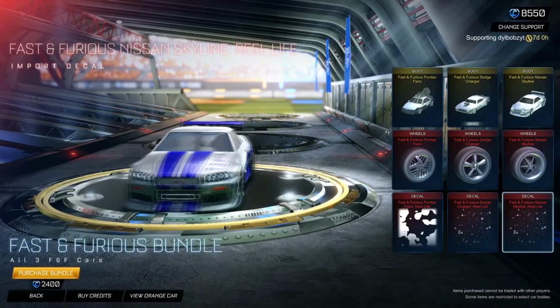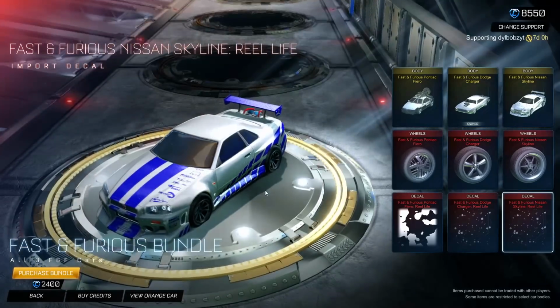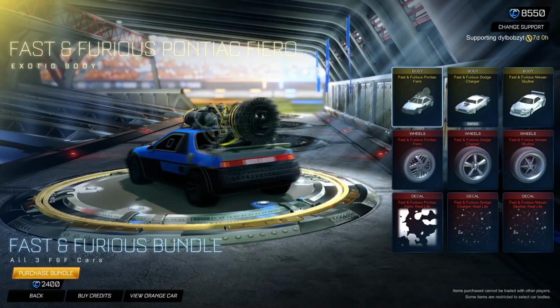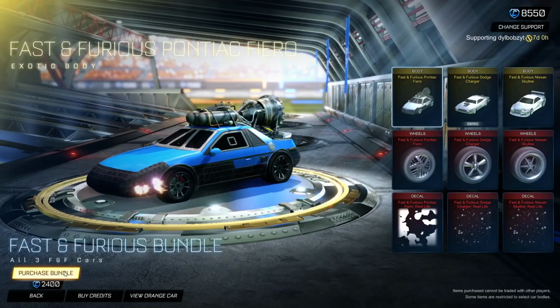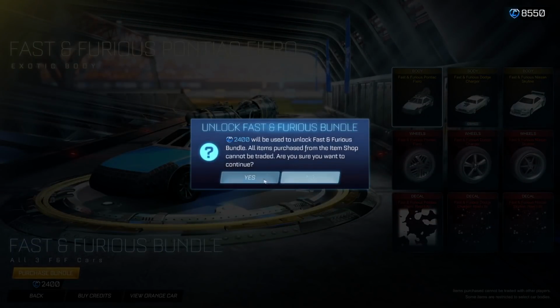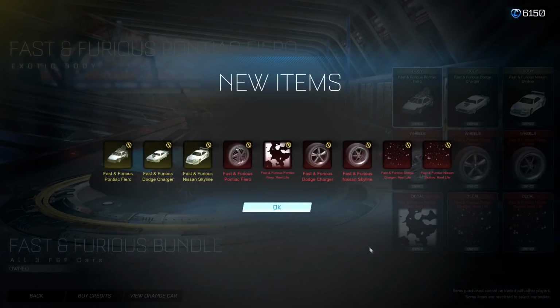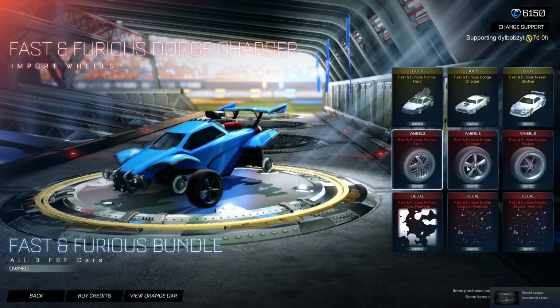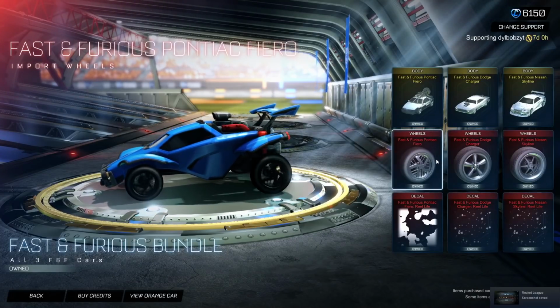But it was 1,000 credits to get the Skyline and over 2,000 credits to get the whole bundle, which means anybody who didn't have that many credits was in need of credits. And if they didn't want to spend money by buying them on Rocket League, or RL Exchange of course, then they wanted to trade some of their items they had. Which means because they were desperate for credits, you can offer credits in a time like that and get huge